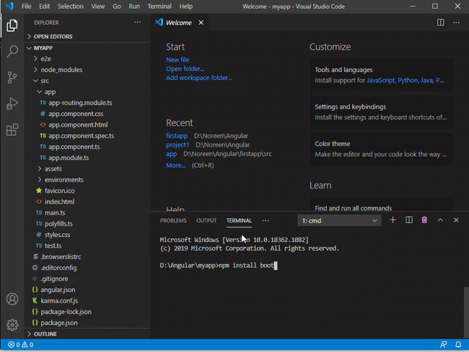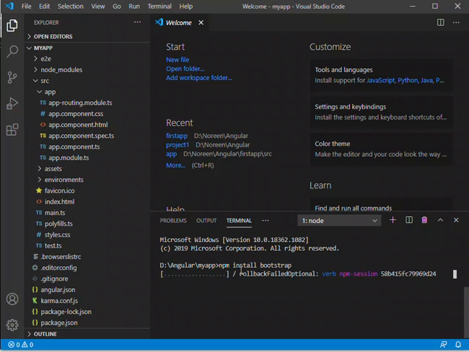Take note, guys, that whenever you do this, make sure you have a stable internet connection for you to be able to install it properly. And of course, take note of your spelling. Enter.